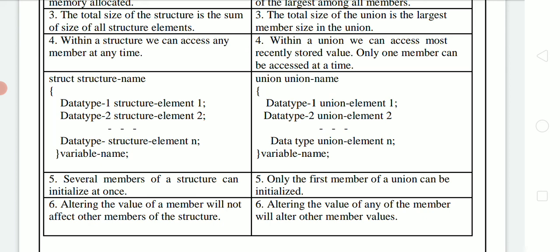Several members of a structure can be initialized at once, but in unions only the first member of the union can be initialized.